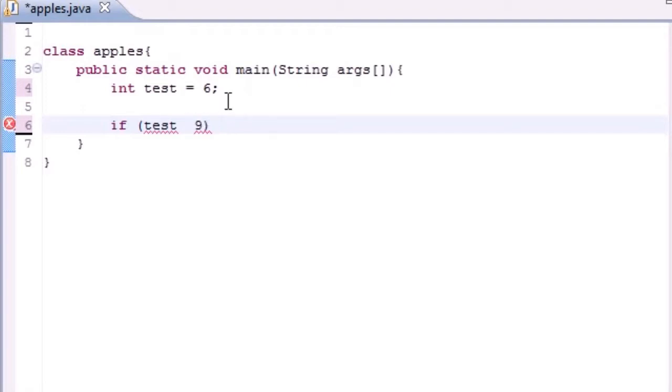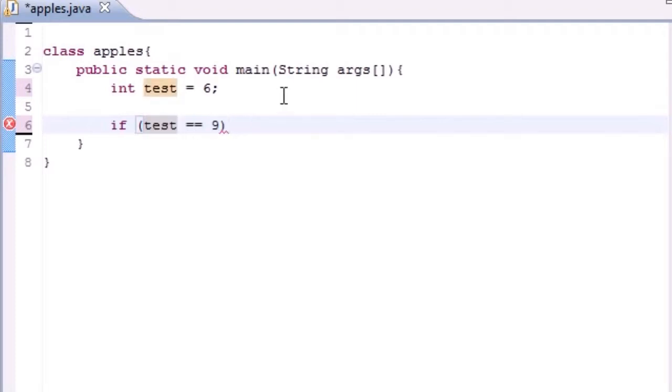If you want to test if it's not equal, you need an exclamation point and an equal sign, and this means not equal. And of course, as expected, you have your less than and greater than signs. Is 6 less than 9? Is 6 greater than 9? Is 6 less than or equal to 9? Or is 6 greater than or equal to 9? Those are all self-explanatory. I'm not going to show you guys exactly what those mean, but for now, I'm going to use the most basic one. What we're going to be testing right now is if the variable called test is exactly equal to 9,